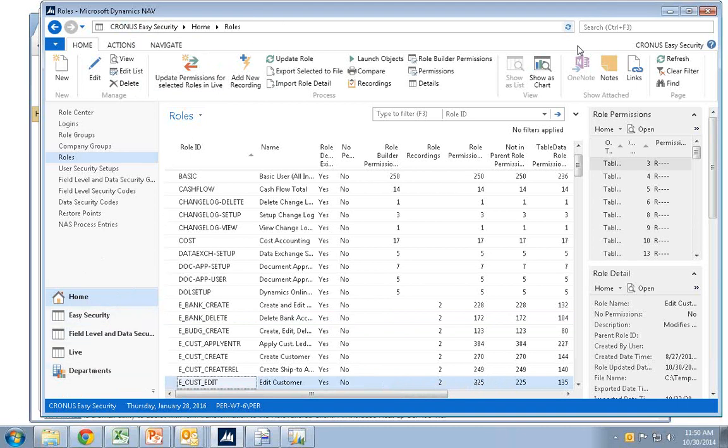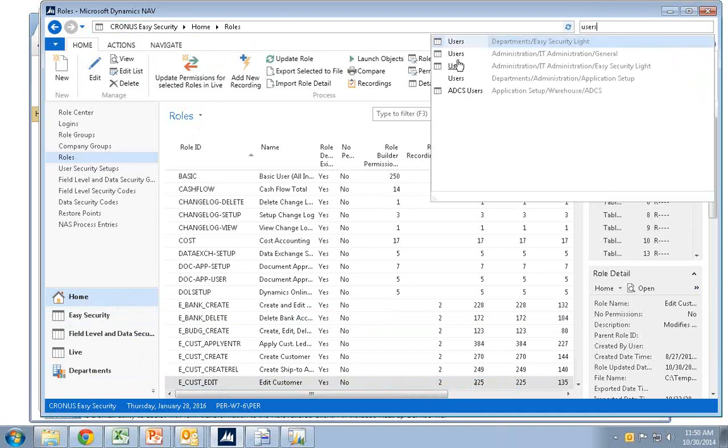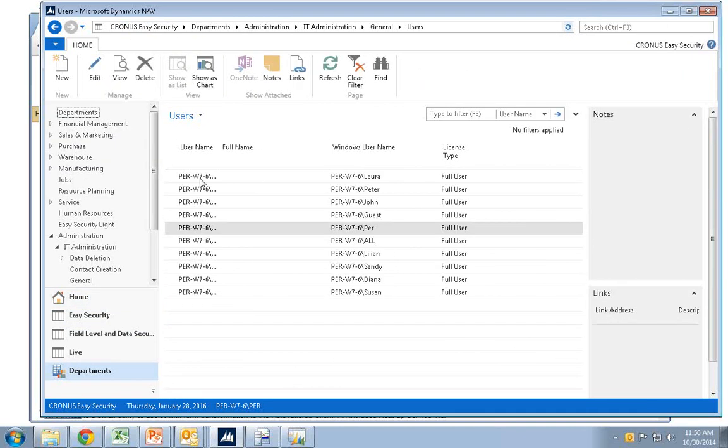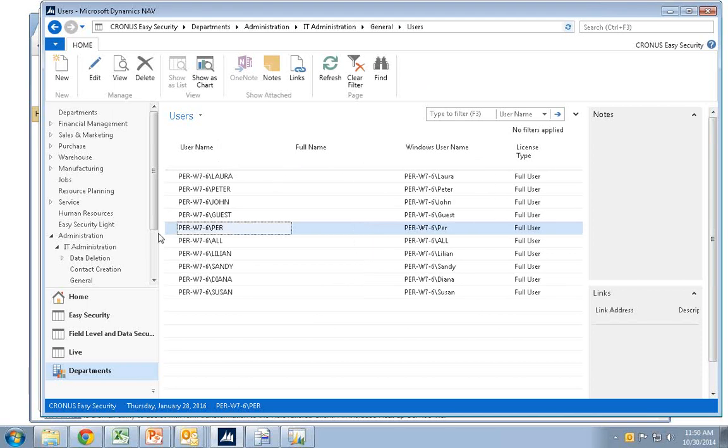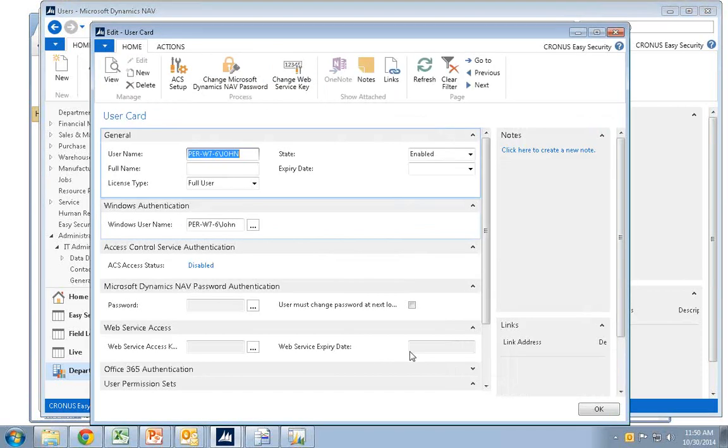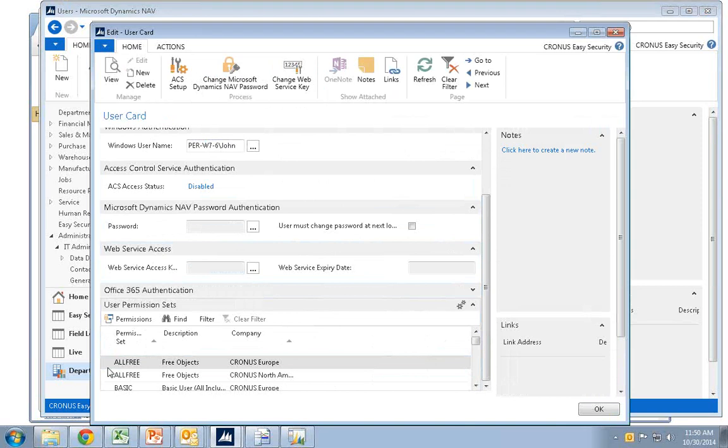See, I actually went here and changed John, and if I search for my users set up in here, I can go in and see John's permissions. And if I go down here at the bottom, I'll see all the things that we assigned to John in here is now assigned in here. And we don't prevent anyone from changing it in here. So I could still go here and actually delete it if I wanted to.